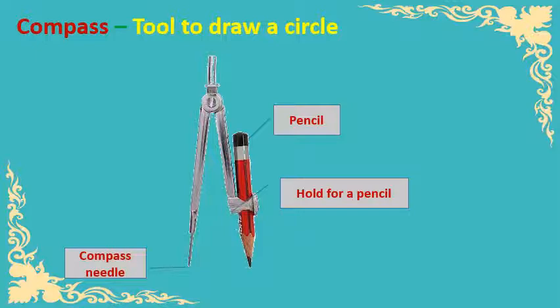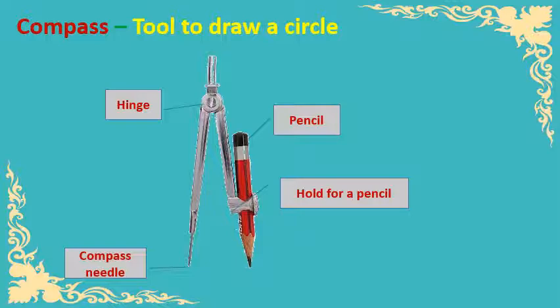The important thing is that the end point of the needle and the sharpened point of the pencil should be at an equal level. The level of both should be equal. Then only we will get a circle of our measurement. Got this? This is the most important thing in this. Okay, what is this? Here, this is called the hinge, which means we can adjust the length of the compass.